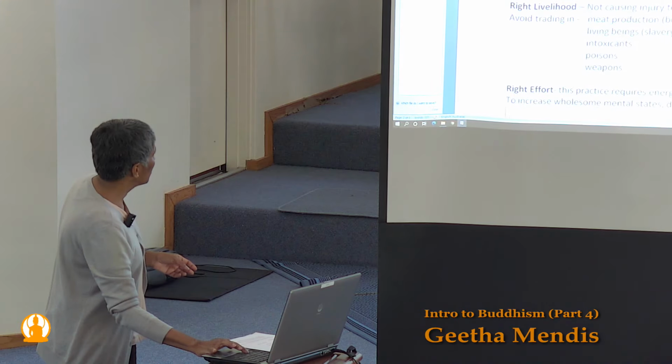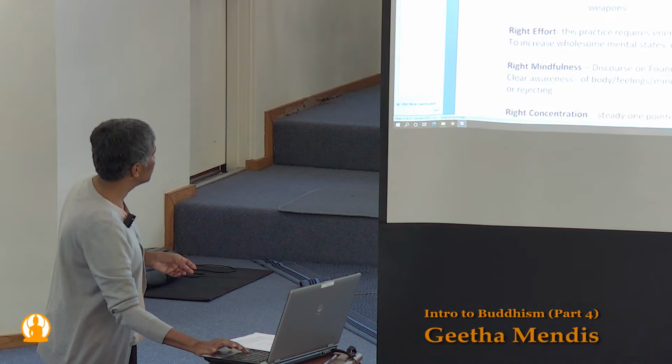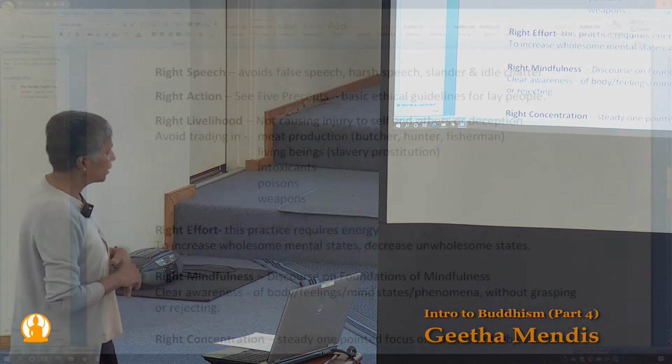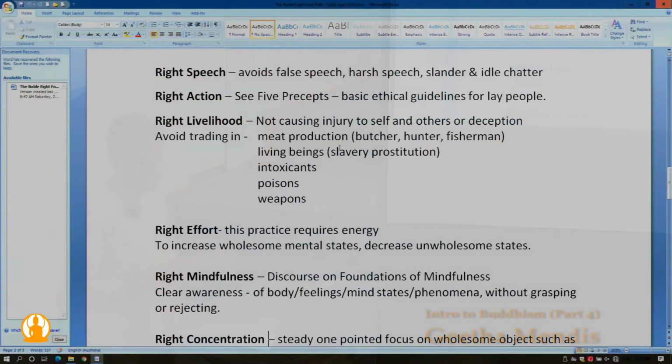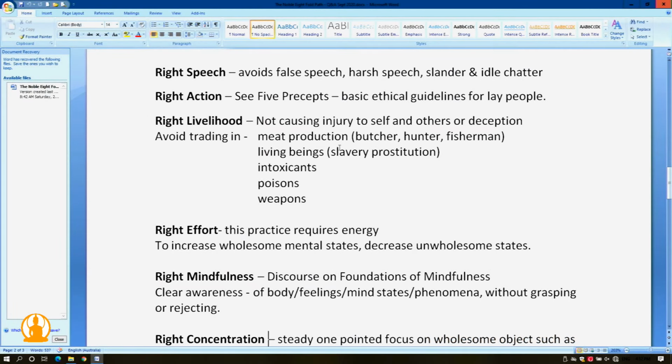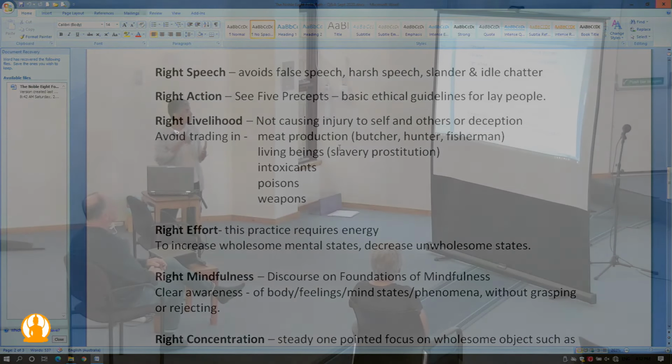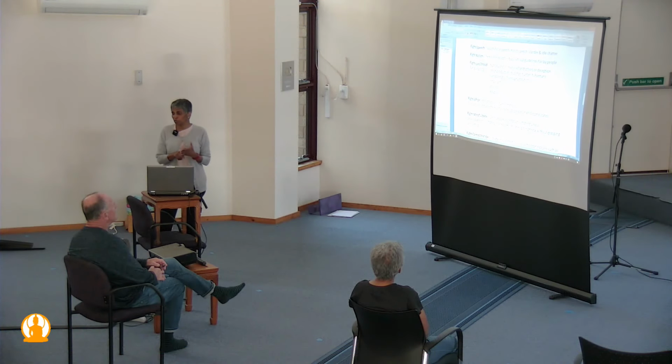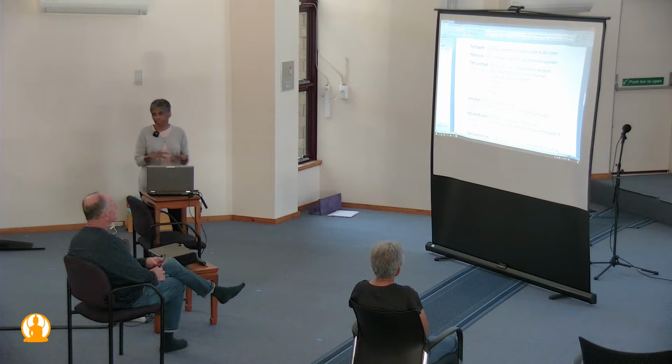Then we come to the next three, which is developing virtue. We covered all this in the 5 precepts, which are observed by lay Buddhists as the foundation for their practice. That is, to refrain from killing, refrain from stealing, refrain from sexual misconduct, refrain from false speech, and refrain from using intoxicants. So those are the 5 precepts, the basic ethical guidelines